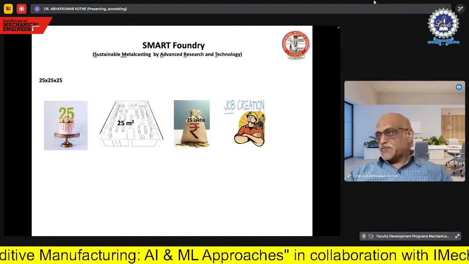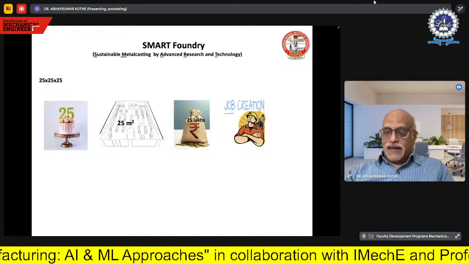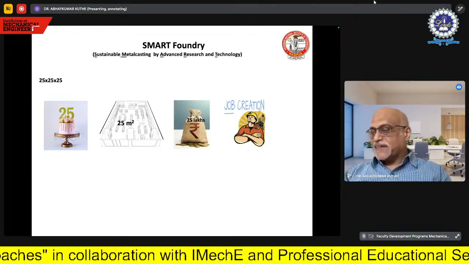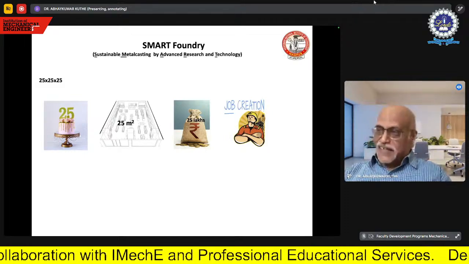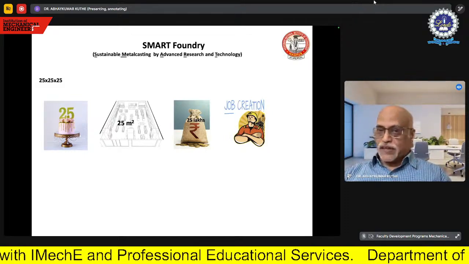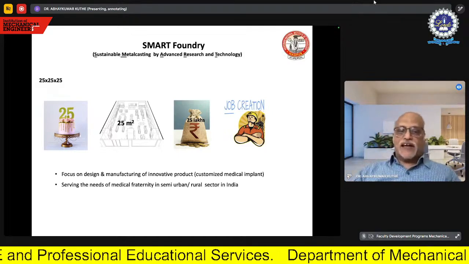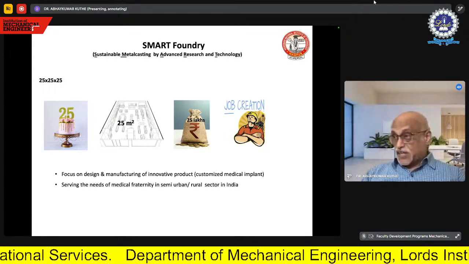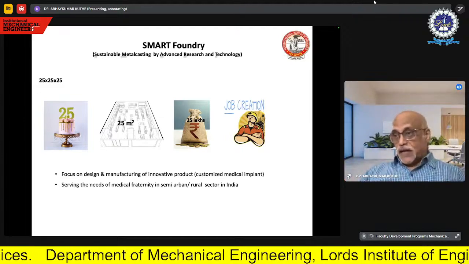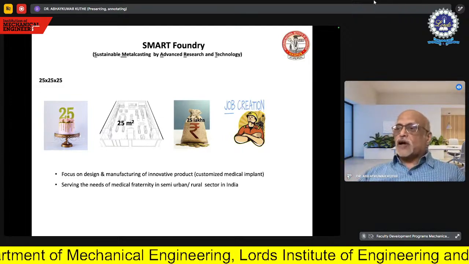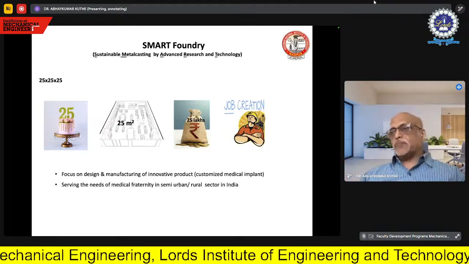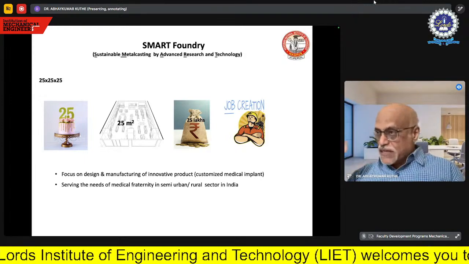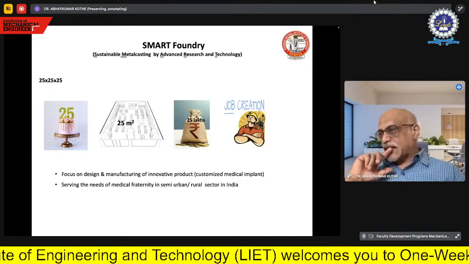So can we think of this particular domain and see that the smart frontal feature will be useful in the metallic implants that are to be developed and designed in India for the patients, which is what we generally call customization. So as I already mentioned, the focus on design and manufacturing of the innovative product, that is a customized medical implant, is very interesting. Customization is very important. That means the implant is designed for that particular patient, suiting that patient's anatomy. It is not a standard implant which is available on the shelf and you just go and purchase it. It is to be designed and developed so that that patient only will get benefited.